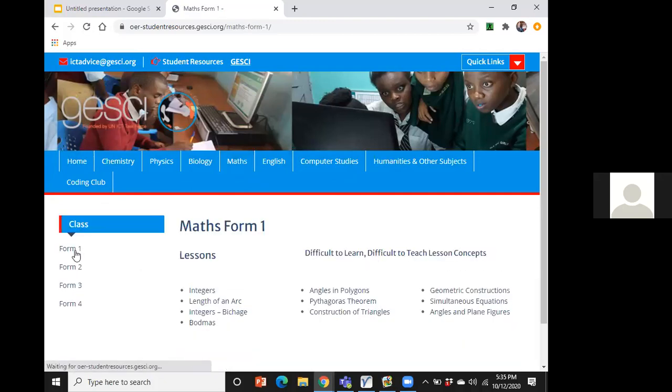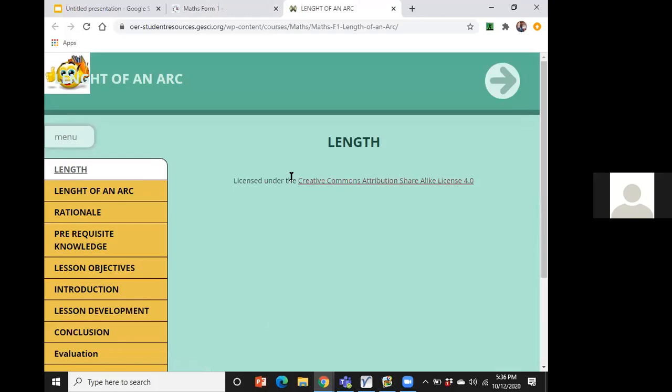When you click on Form 1, you have lessons. So this site did not put everything in mathematics onto it. They did a survey on what we call difficult to learn or difficult to teach lesson concepts, and they developed resources regarding that. For example, length of an arc in Form 1, how do you teach that? You'll find a resource here.